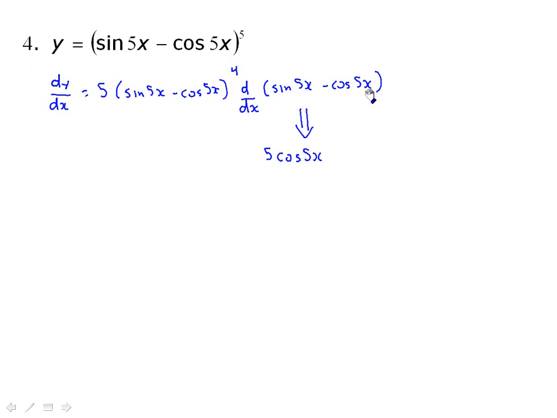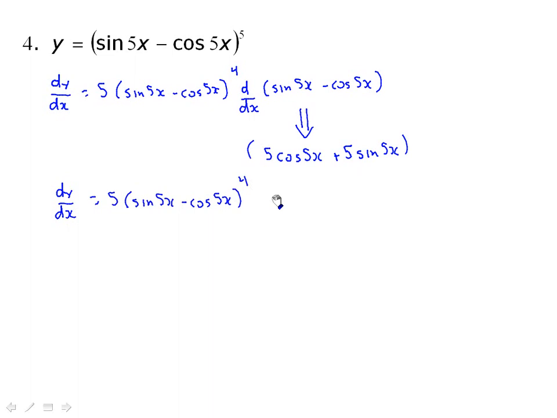The derivative of cosine 5x is negative sine. So negative becomes plus and then sine 5x. Not forgetting, though, that we have to take the derivative of the inner. So we get 5 cos 5x plus 5 sine 5x. Now all this has to be multiplied by the first stage of the derivative, not the original. So we get 5 times sine 5x minus cos 5x to the 4 multiplied by,